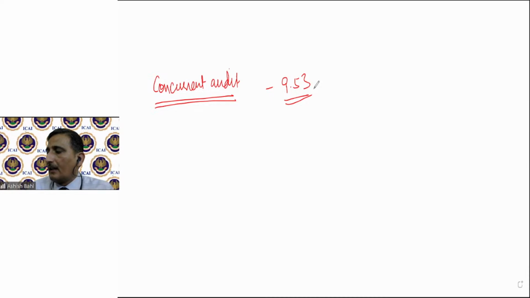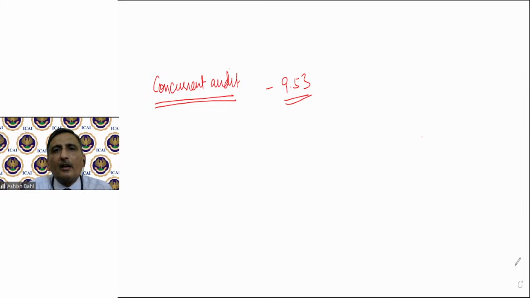Statutory central auditors again, Namrata, are appointed with the prior approval of RBI, like I have told you in the case of branch auditors. The purpose of statutory audit is to express an opinion on financial statements. These are the people who would be signing on the balance sheet, on the audit report of a bank.